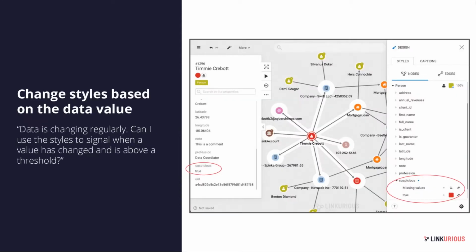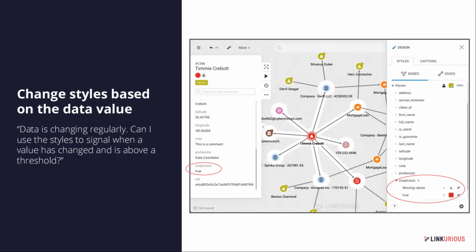Second example, let's now consider a fraud department in a bank. As part of the surveillance tool available, they have a risk score that is calculated on their data. And there are different thresholds on this score indicating how suspicious a customer is. As fraud analyst, Linkurious user would like the color of the node representing the customer to depend on the value of the score. A low risk and the customer has a green color, for example, and a higher risk and